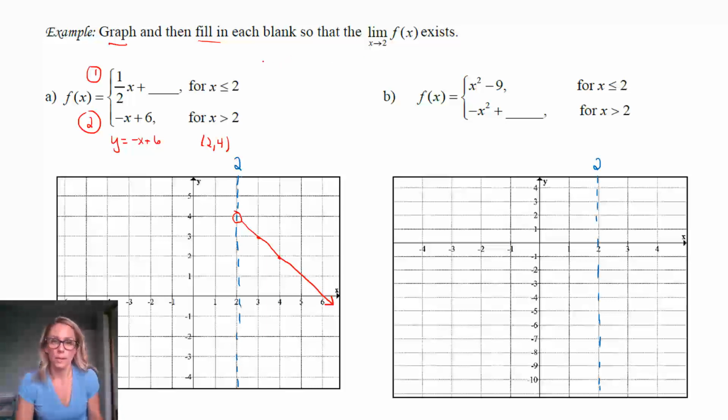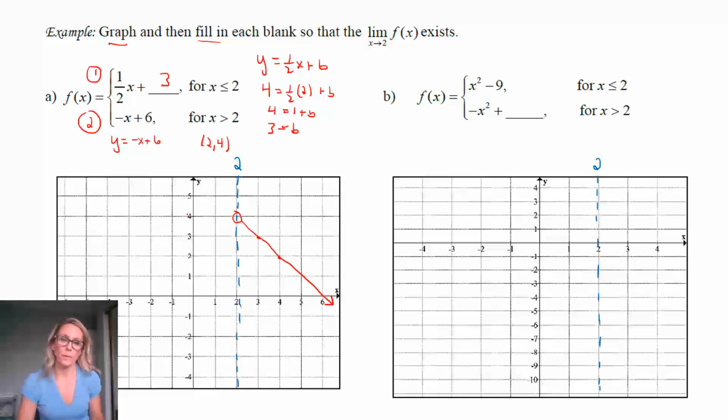So what we can do then is say, okay, since that second piece is linear, I'm going to write it like this. I'm going to call the blank thing B, but we need it to include that point. So we need that y is 4 and x is 2. And you can see just by doing a couple steps here that we get b equals 3. So that tells us that our blank is 3. And this is a line with slope of 1/2 and y-intercept 3. So if we do y-intercept being 3, and then we do a slope of 1/2, that's up 1 and over 2. And there we are.